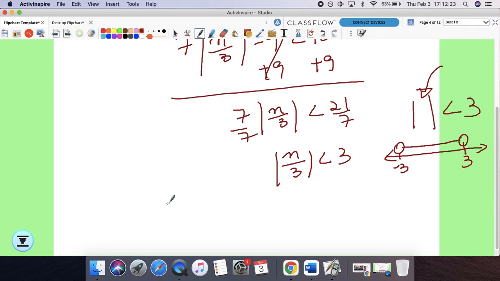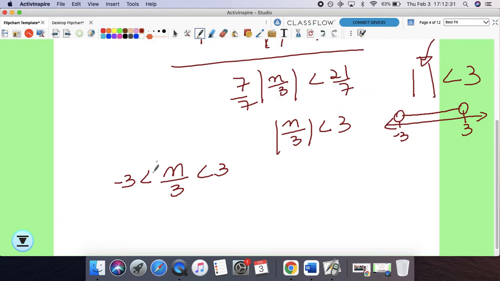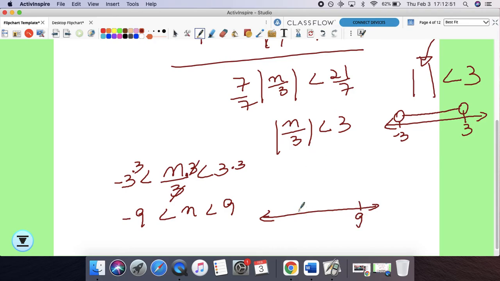So n over 3 has to be between 3 and negative 3. We're going to clear the fraction, so let's multiply this by 3, multiply this by 3, multiply this by 3. So we get negative 9 less than, that goes away, left with n, less than 9. And there we go. So our solution on the number line looks like this. So the values of n that will make this inequality true,